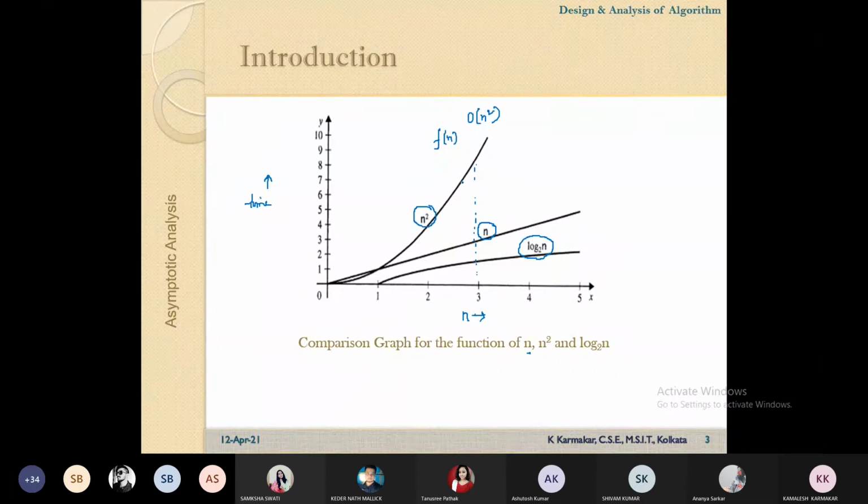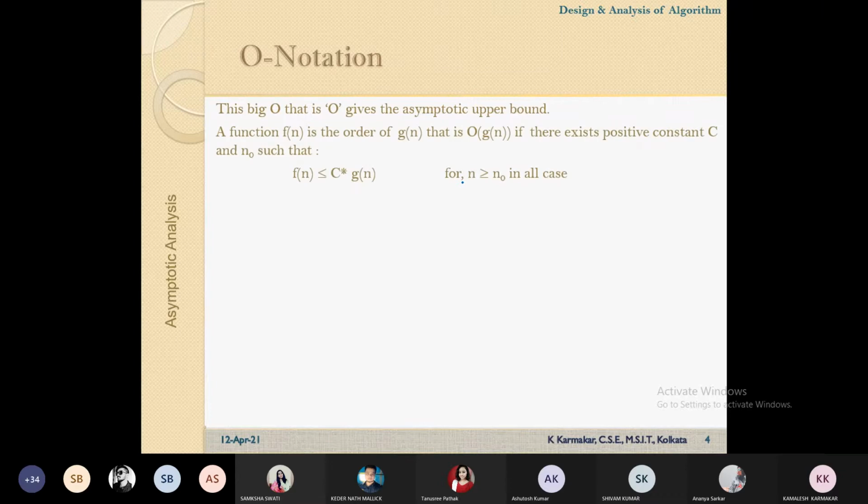That's why we want to design algorithms for which time consumption is very low. So this is our main objective while designing an algorithm. Now, coming to different types of notation, you have already learned them in the previous semester, but we want to discuss them again just to get some idea, and to recap if you have some doubt or have forgotten something. We will discuss these asymptotic notations.